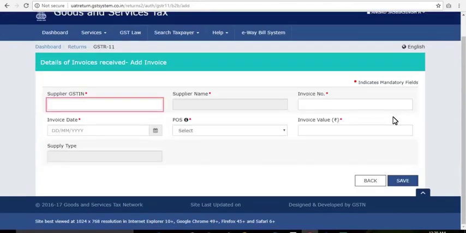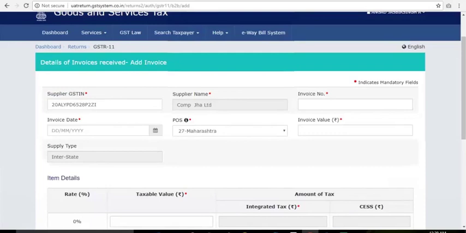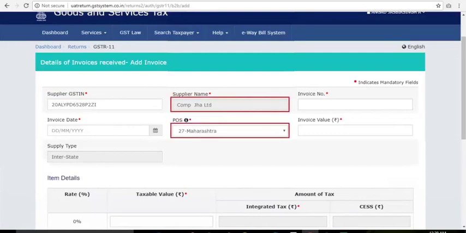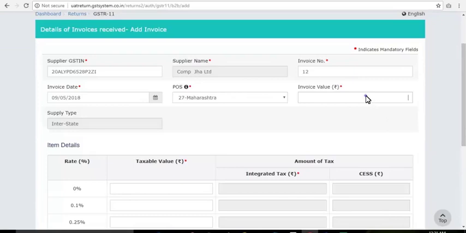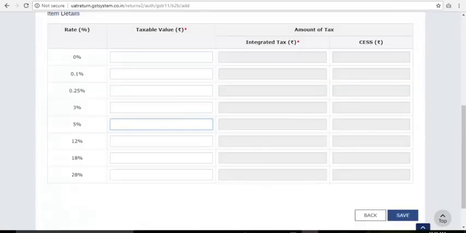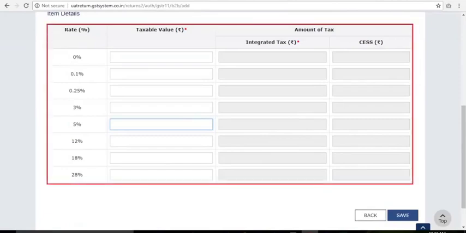On this page, enter the GSTIN of the supplier in the Supplier GSTIN field. This will auto-populate the supplier name, POS and supply type fields, and the screen will expand downwards and more fields will appear for entering details of the invoice.